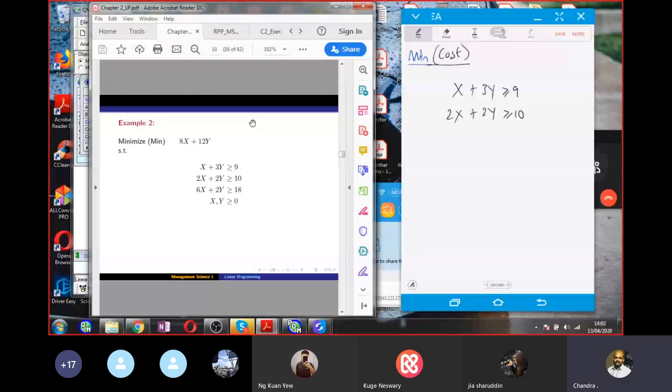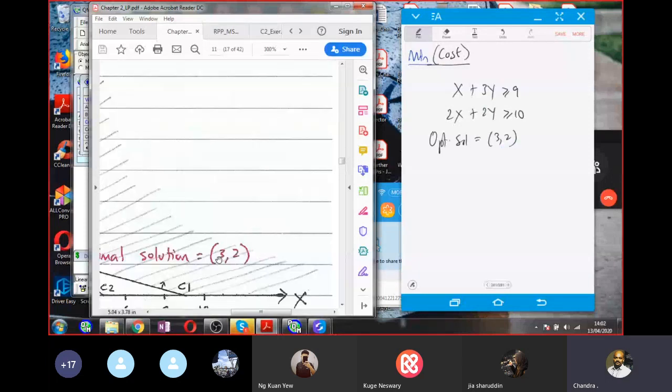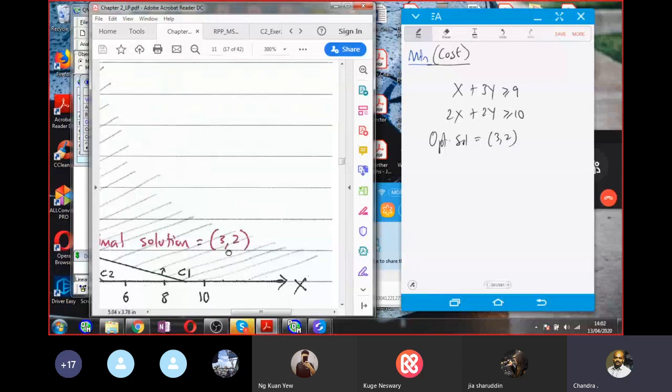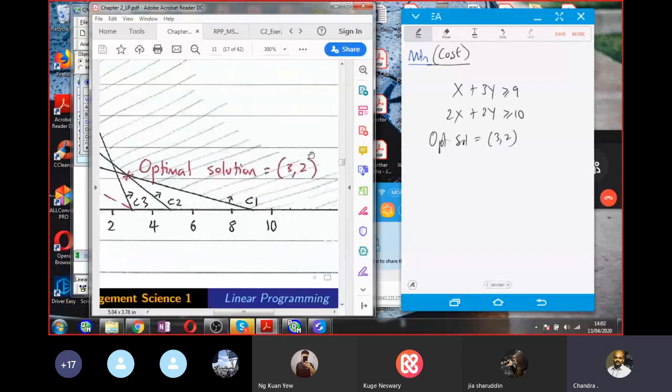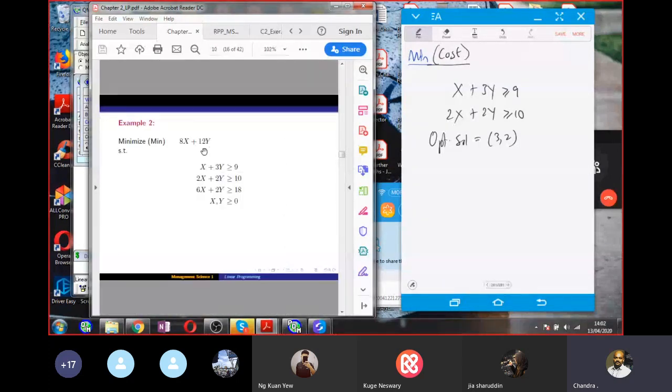This is the binding constant C1, C2. In the original question, when you solve this, the optimal solution is 3, 2. You can see here, the optimal solution is 3, 2. And if you replace this optimal solution in the objective function, you will get